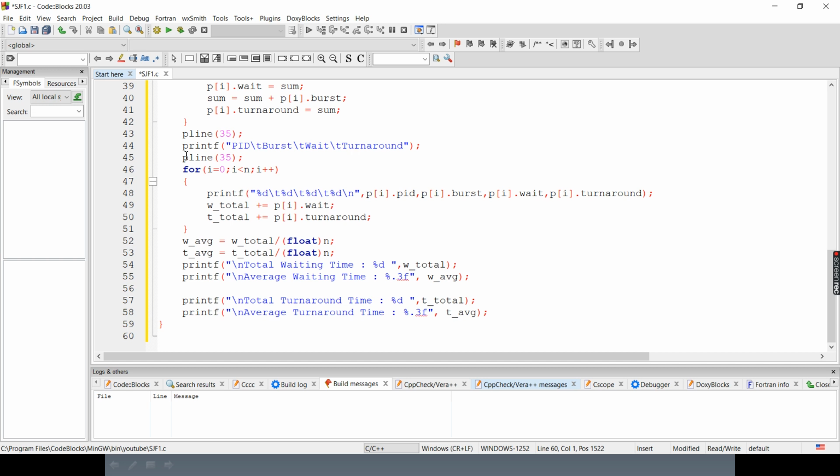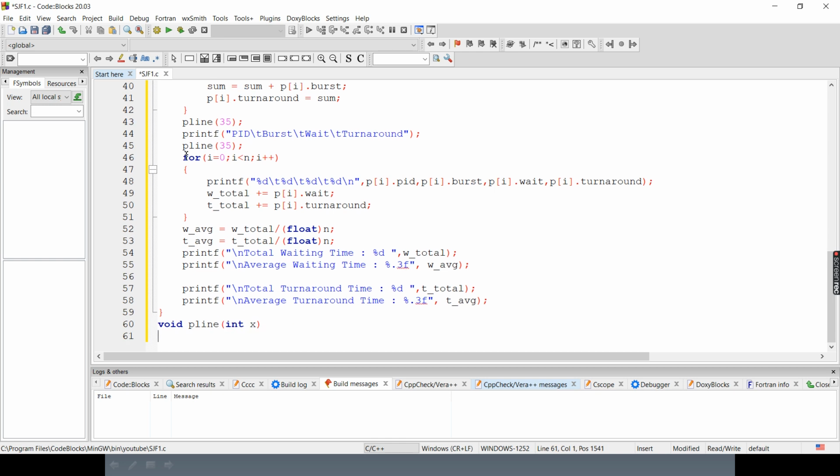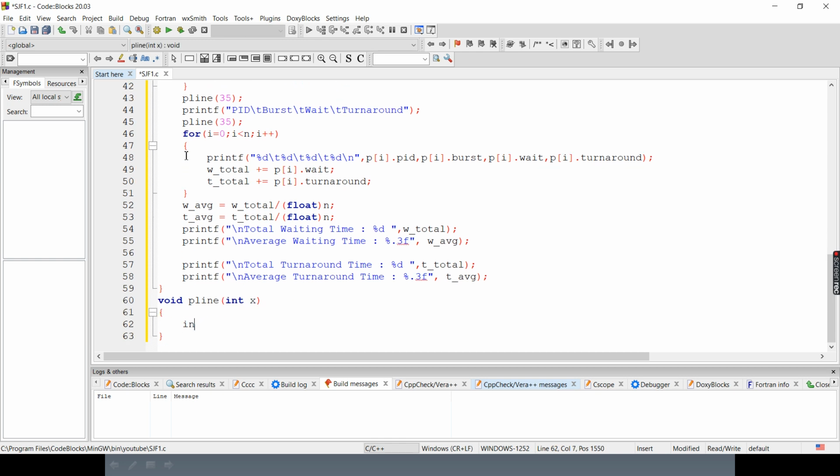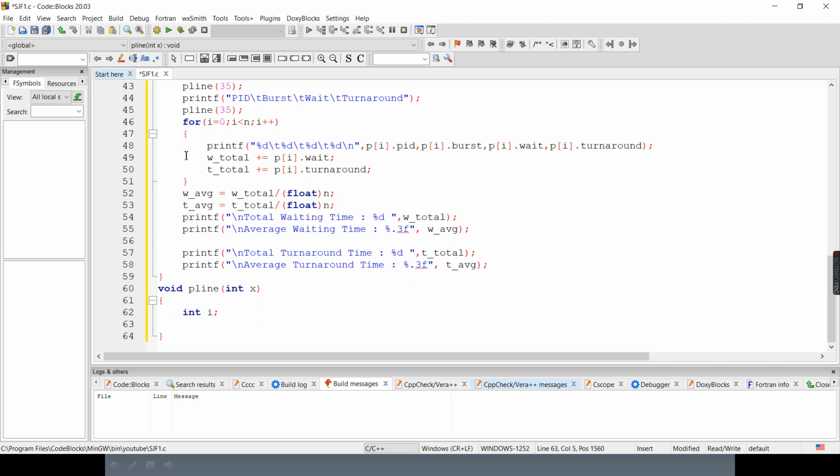Now we have to define the p line function. Here I will initially declare a variable. I will start a for loop and run it till x.